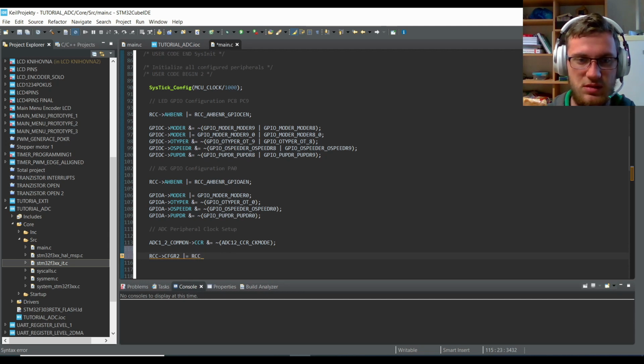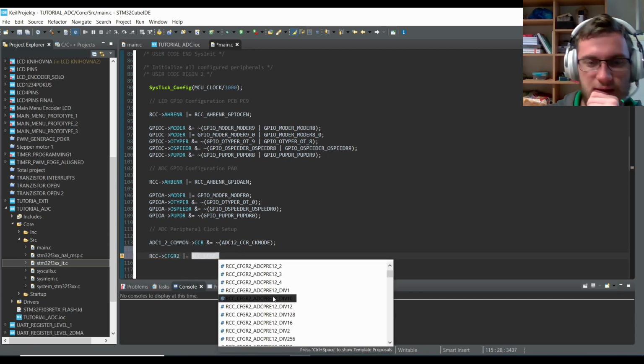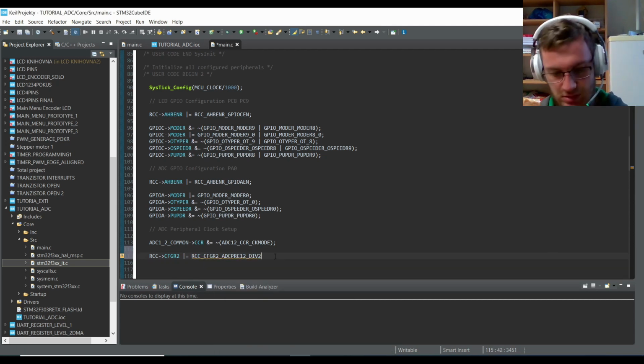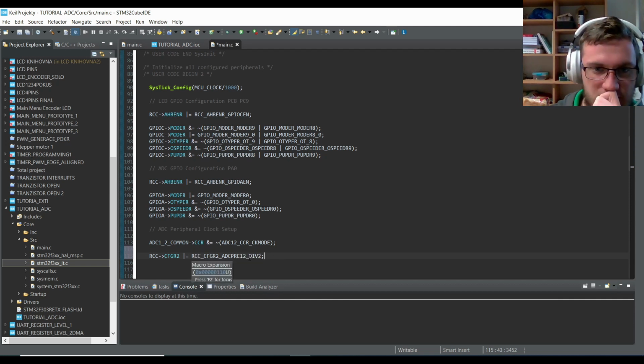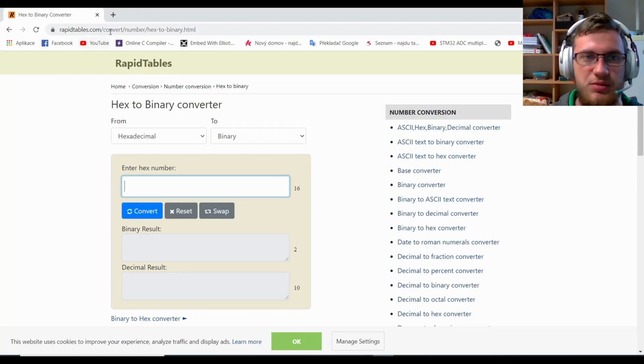RCC configure 2, and here it is ADC prescaler 12, and I want to divide it by 2, so let's use this CMSIS macro. And it is in hexadecimal 110. To make sure that the value is correct, I will actually check it. You can go, for example, on this website,